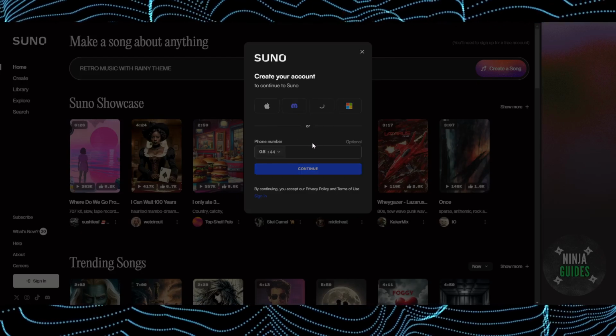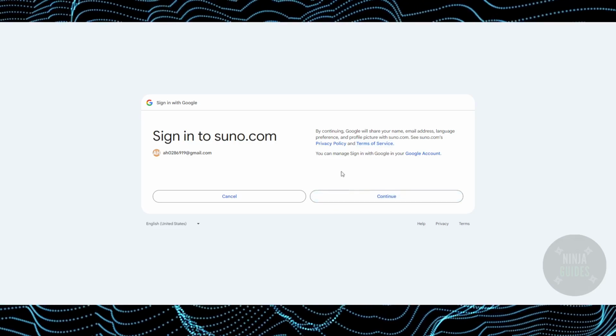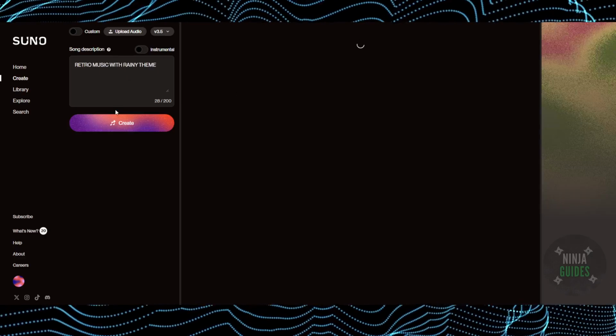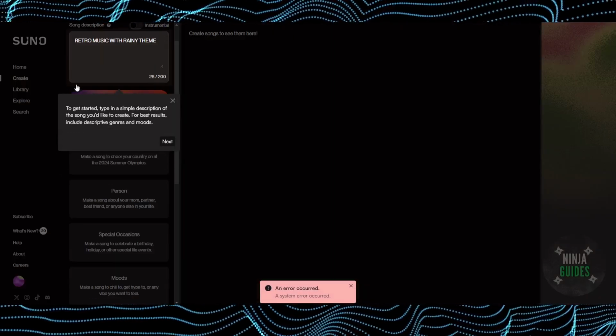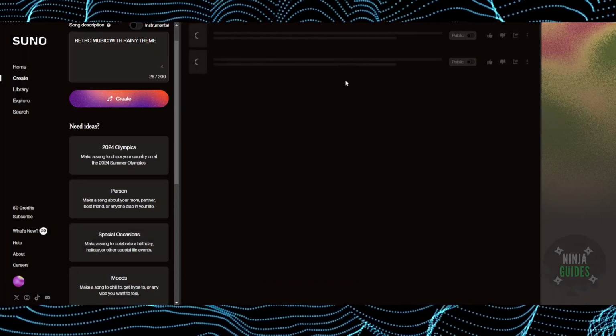So I'm just going to continue with my Google, and it will quickly create an account for me. Once my account is ready to use, it will start working on my command or my prompt, whichever I gave it before. Now I'm just going to click on this create. It will take some time and then it will create a music for me, which I can use on the